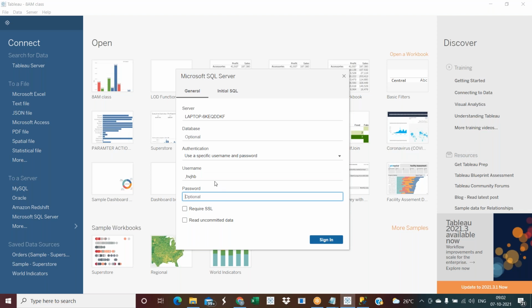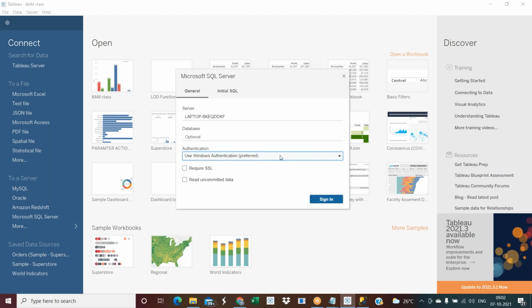If you are not able to connect, you can contact the database team and get it sorted, whatever issues you are having, because the connection is not in your hands. If they give the exact ID and password, we can connect. But as of now, we are doing this for practice purposes. I'm going to show Windows authentication. Tomorrow, if you want, I can connect to my company server and show you, because I need to get that server. So for now, use Windows authentication.